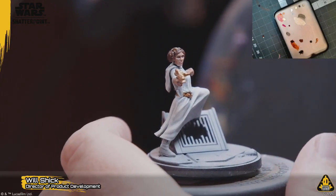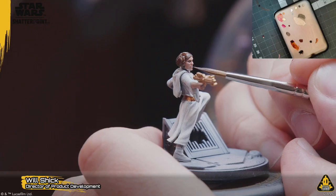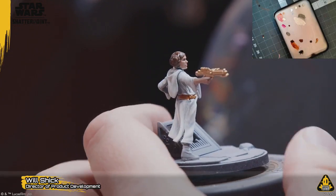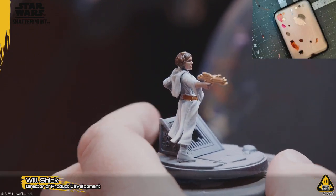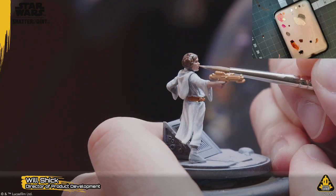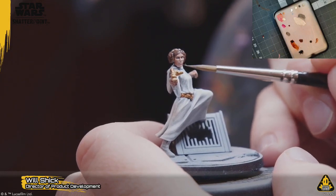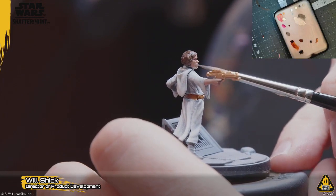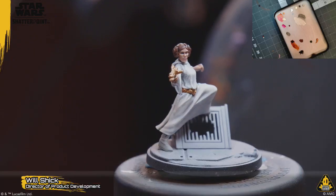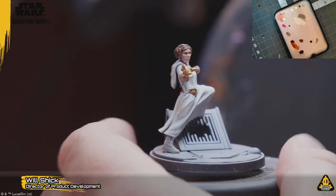Not quite as deep as maybe we would want it, but I think it's okay, because otherwise we're going to wind up too dark here. But get the color on that lip. That'll work. Top lip color a little bit. There. All right. Unfortunately, we're not going to be able to shade the gun, the little E11 blaster, but